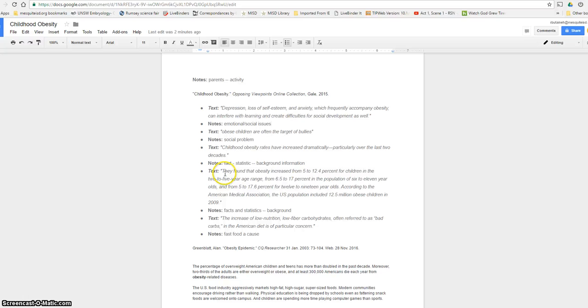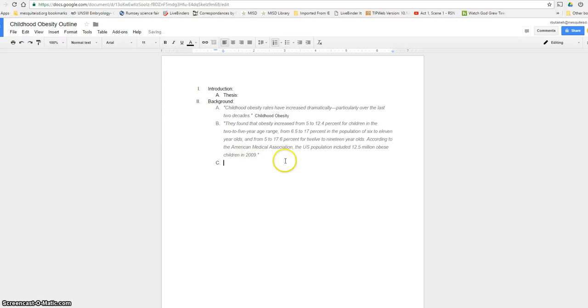Here's more background information, facts and statistics. So I'm going to copy that, plop it into my outline. And again, it's the same source right here. I will go through all of my sources and get all of my background information and put it here. Okay, once I've done that,